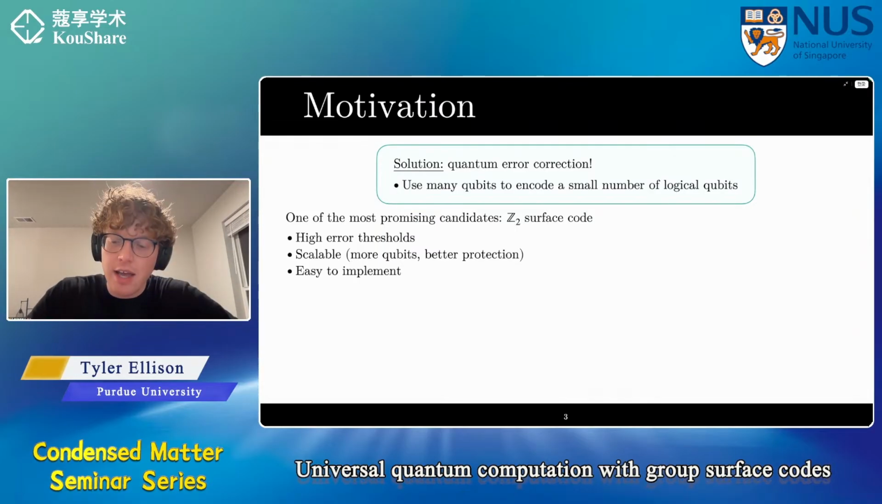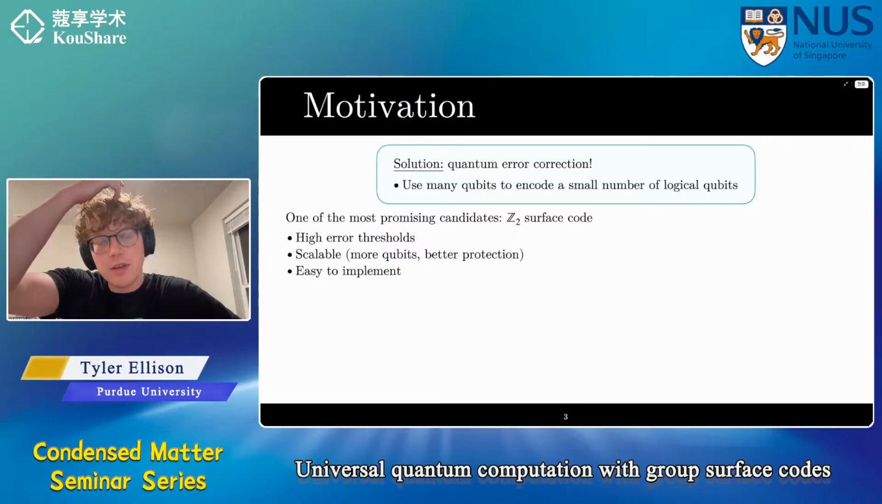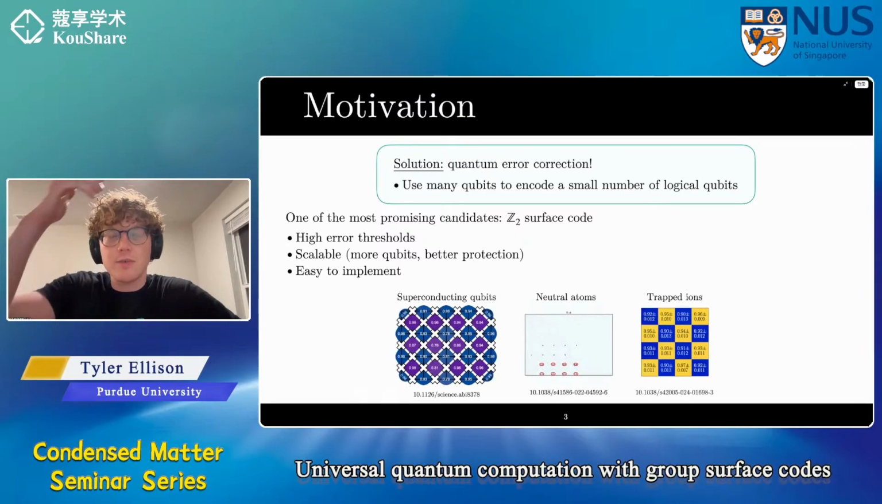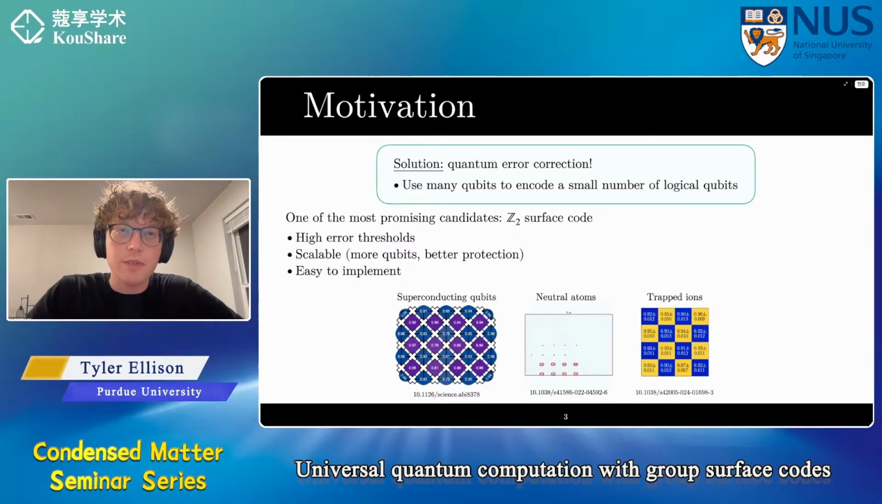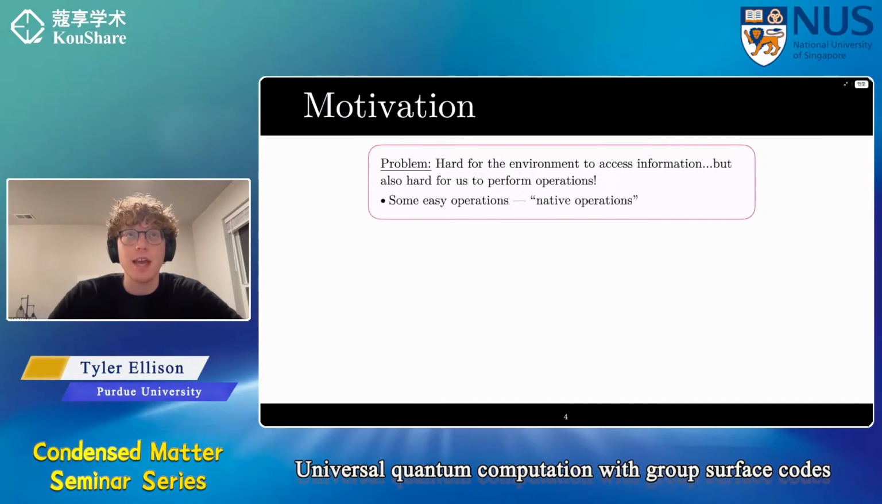And instead of articulating the sense in which it's easy to implement, I'll just flash three semi-recent experiments which have realized the Z2 surface code in superconducting qubits, on a neutral atom platform, or trapped ions. So the Z2 surface code is great at protecting our information, but it comes with a catch, and that's that